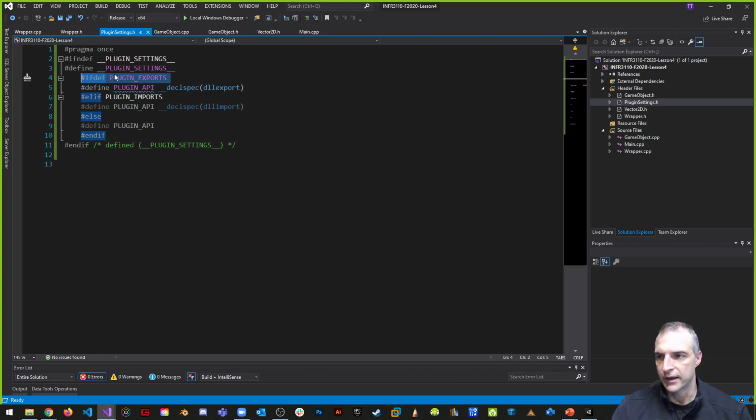So if it's defined, cool, then I want you to define something called a plugin API. The plugin API is just a little macro, or a definition of Dll spec DLL export. Instead of writing Dll spec DLL export, you don't have to write it. You just have to use plugin API, and plugin API represents Dll spec DLL export. That's what it is. Notice that Dll spec Dll Import is grayed out because